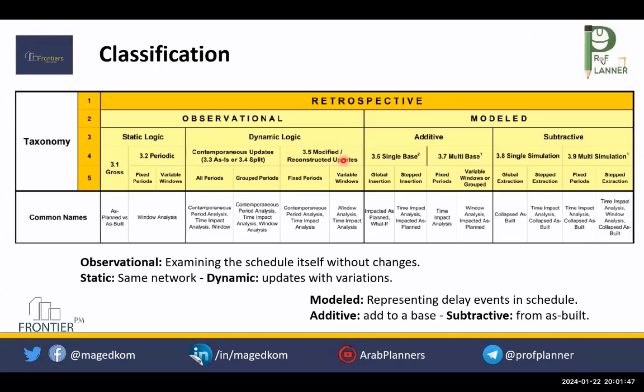Then we have to use the daily records and progress reports to identify the actual start date and completion date of each event. Based on that, we modify and reconstruct the baseline program.